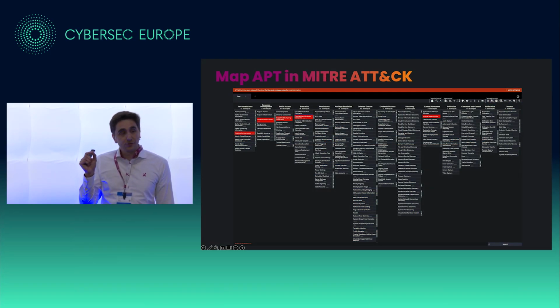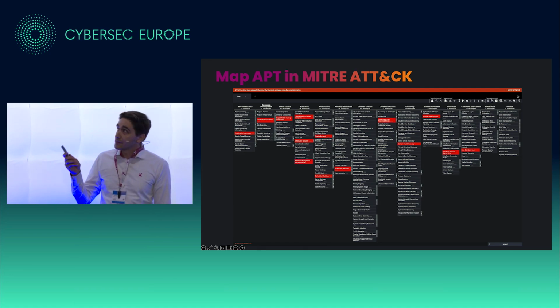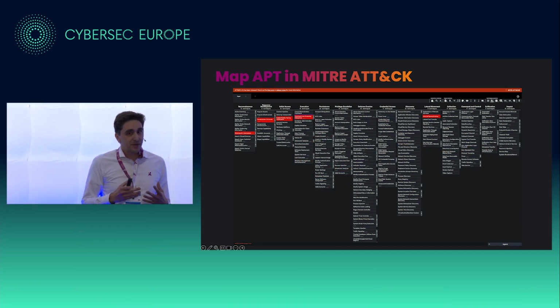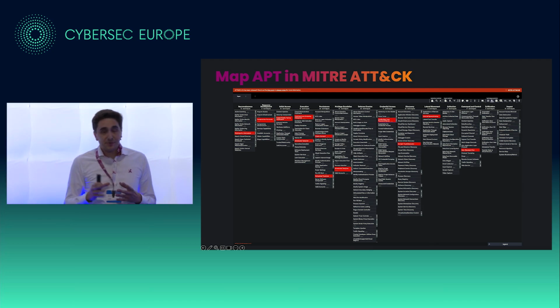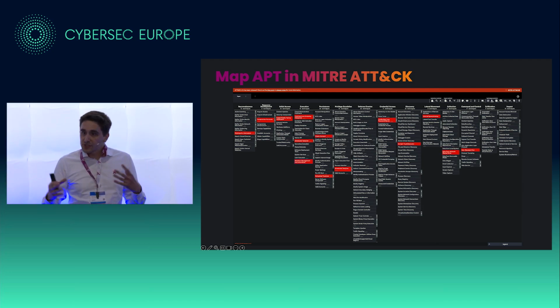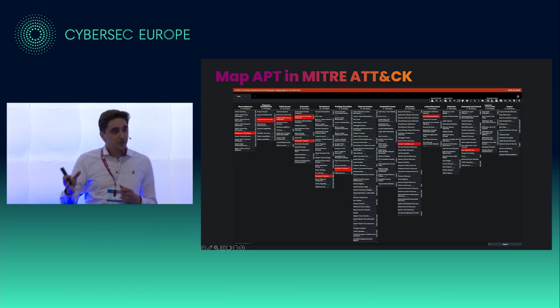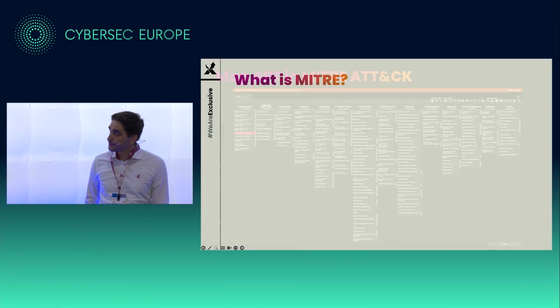Now, if you take those 2 examples and you take the Mitre Attack Framework, which is eventually what this talk is about, this is how you could map it. The Mitre Attack Framework has an overview of every component, every step that an attacker takes to achieve its goals. The idea is to take all these steps and map them on this framework so that when you're discussing it with your peers, with your colleagues, or doing an analysis, you can keep track of where you are, what these guys are doing, have they been using this technique, what kind of tools have they been using. This is also what we're going to do today further in this analysis.